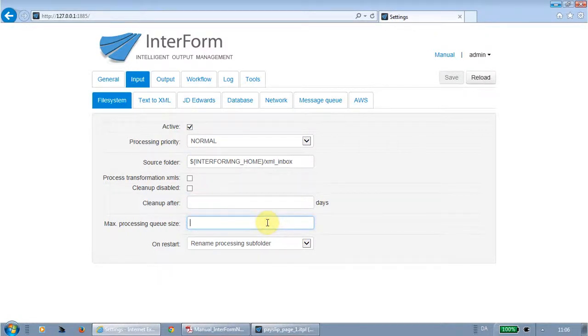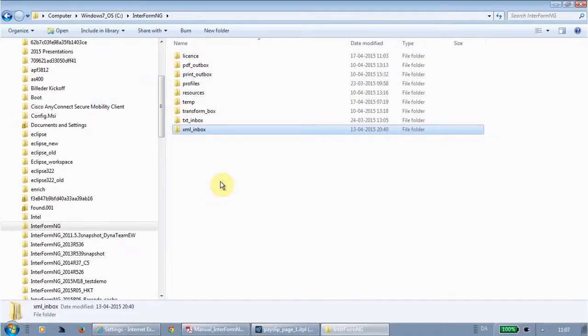Another addition here is that we had a very special situation at a customer that had many tens of thousands of XML files laying around in a monitored folder, and then they started up the service, and the service immediately starts to copy all of those files into the processing directory, and that was quite a big task. So that is why you can here limit the number of XML files you want to copy into processing at a time. And another feature is something that I can describe the best if I first show you